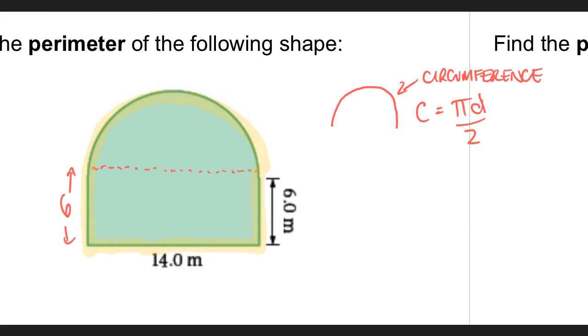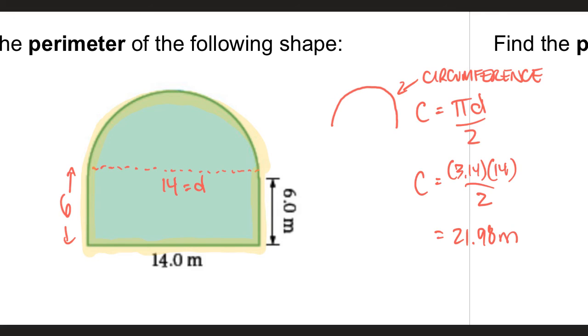Well, do we know the diameter of this circle? It'd be nice if we knew this length right here. That's the diameter. Well, if we look, we know this is 14, so this must also be 14. So that means the diameter must be 14, right? Do you see that? So if we want to find the circumference of the circle, it's going to be 3.14 times the diameter, which is 14, divided by 2. We can do 3.14 times 14 divided by 2, which is